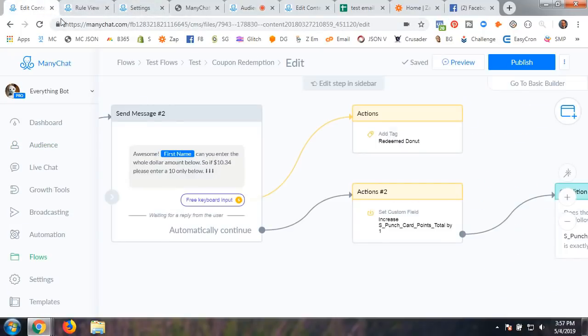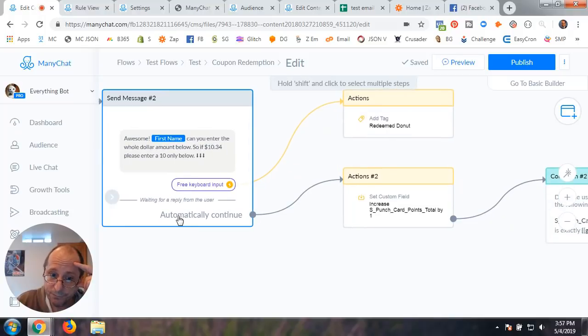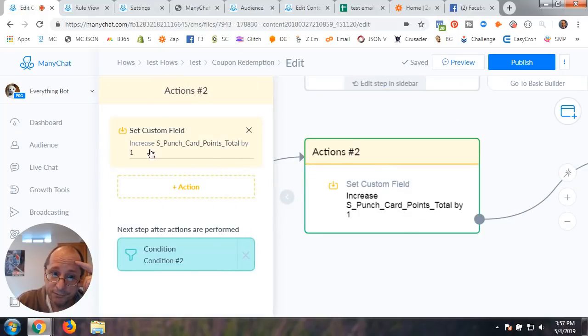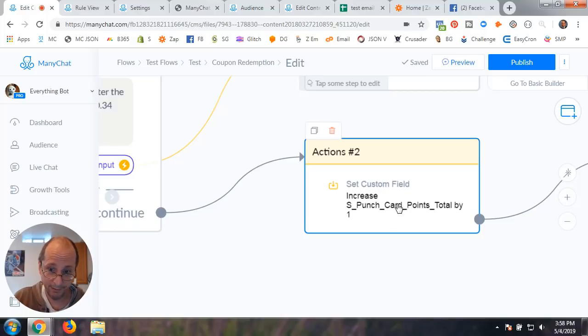All right. So now we get back, and this is the code we're adding. We're going to automate it, continue off this message here, and we're going to do an action: increase S punch card points underscore total by 1. So I'm going to go out here. I'm going to tell you this is what you need to create. You can create the